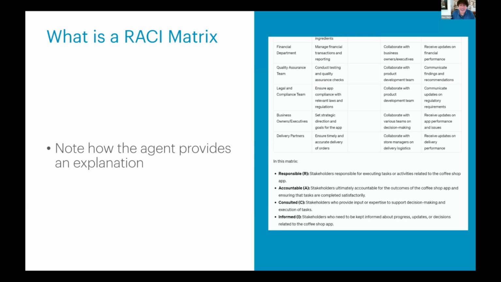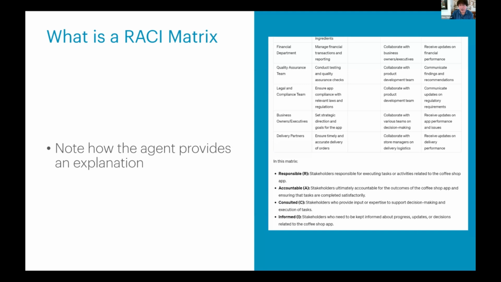Better yet, if we're doing this interactively with the whole team, in other words, I'm not just producing a document that I'm giving to my team, but we're all sitting around looking at the screen at the same time, and someone says, I'm not really sure what accountable means. You can ask it, all right?